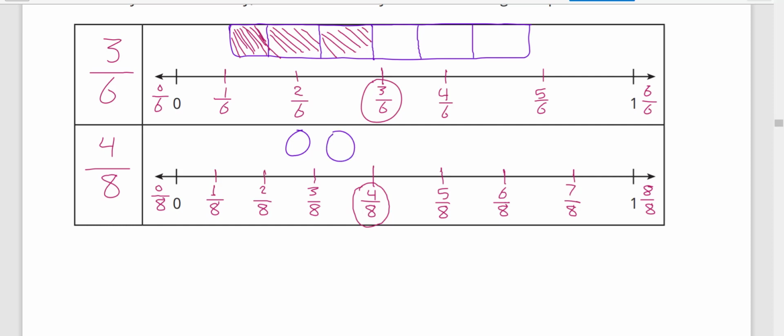Count with me: 1, 2, 3, 4, 5, 6, 7, 8. That's it. Okay? And how many parts are shaded in this circle? 4, because the numerator equals 4. First 1, 2, 3,